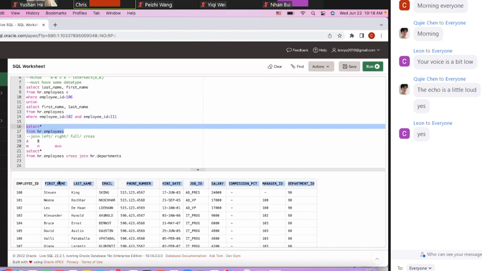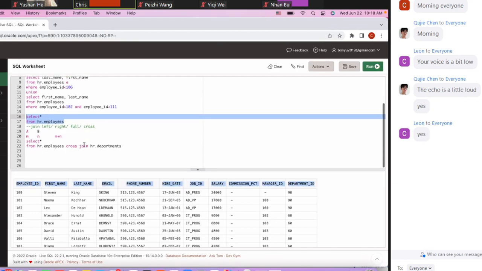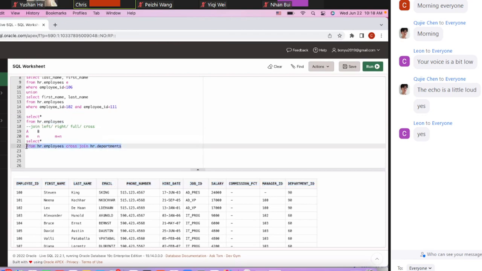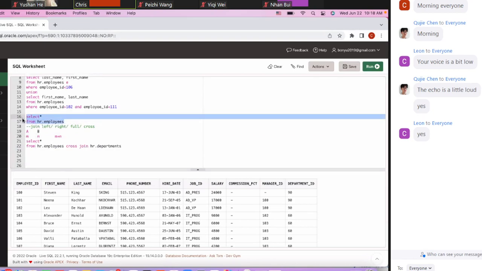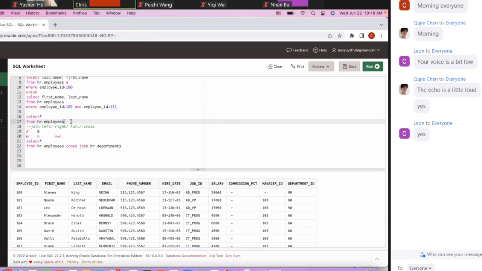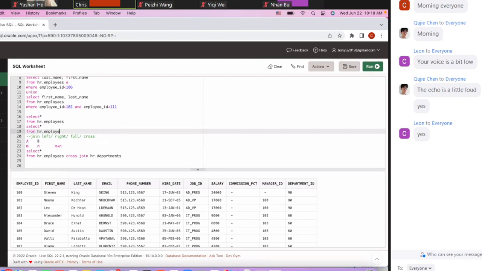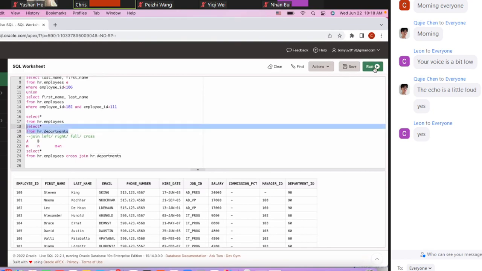So it has 11 columns. And when you cross join with the HR departments table, I remember this department table has